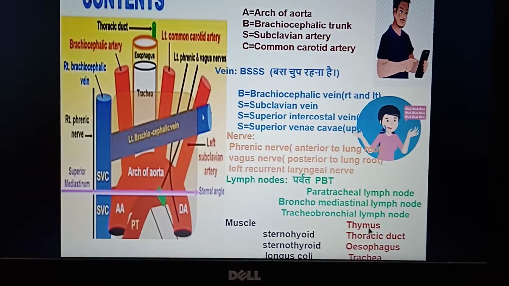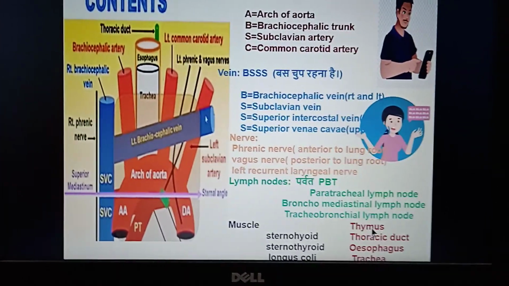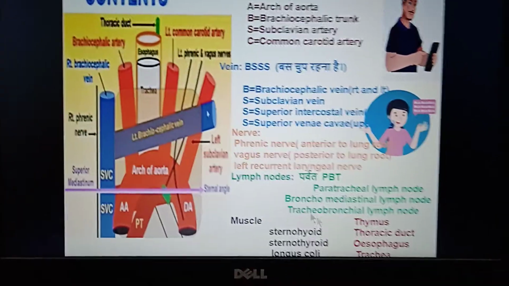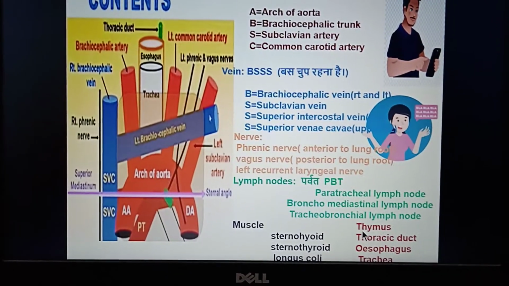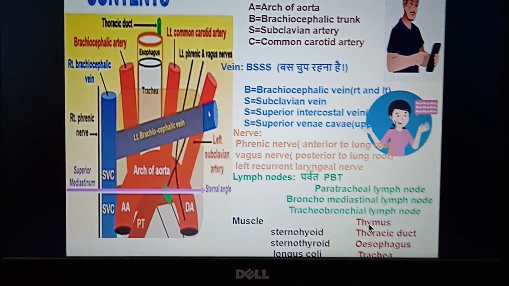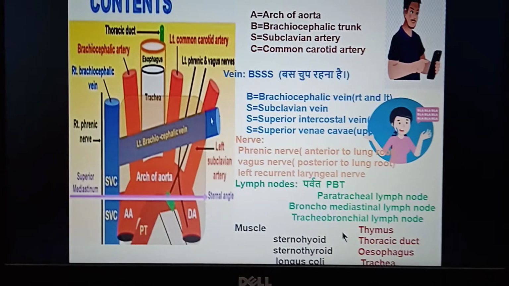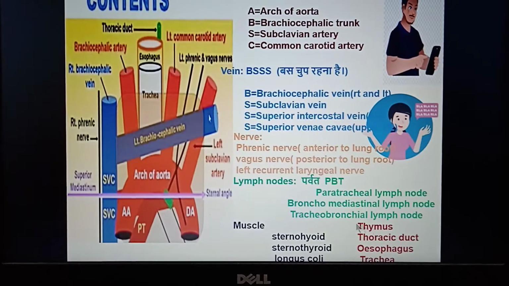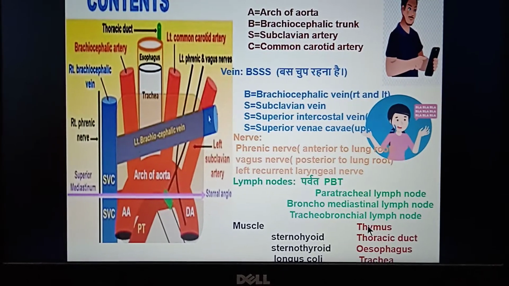One CCTV, which is comparable to the thymus. In today's life, without CCTV, you just can't imagine. So thymus, T for CCTV. If you leave out CC, then it's left with TV. So T for thymus and T for TV, CCTV.